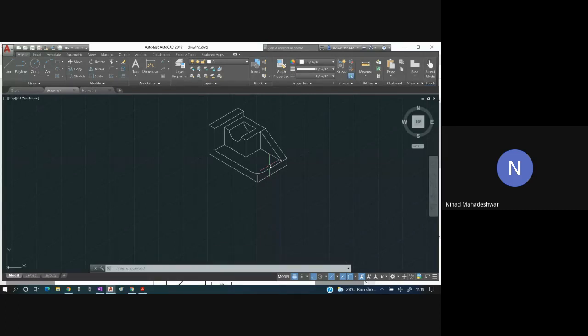Again I'll show you. I will go in fillet, the fillet option, so I'll click over here. Then I will go in radius, click on the radius, then put the radius as 25. I'll press enter. Then I'll click over here and I will click over here. Okay, this has become, this line is no longer needed. We will delete that.